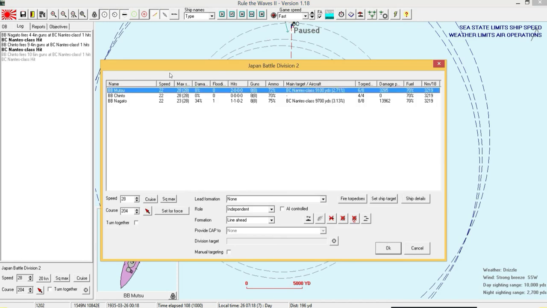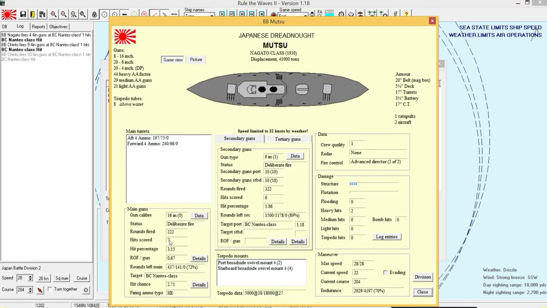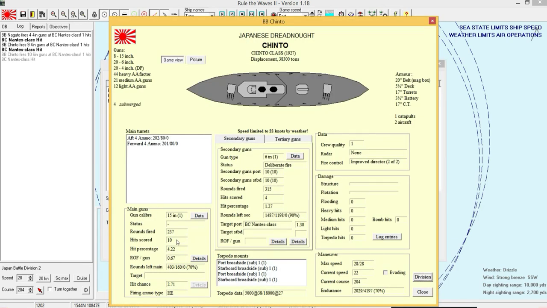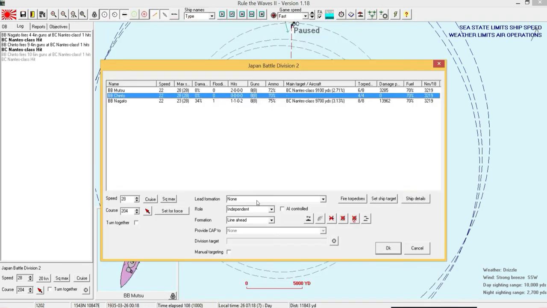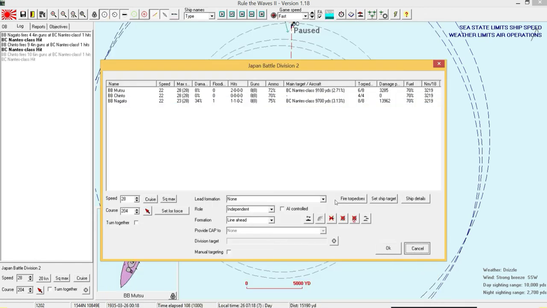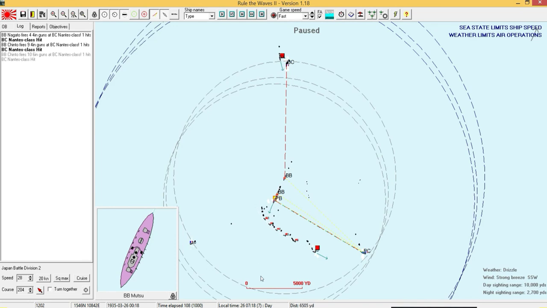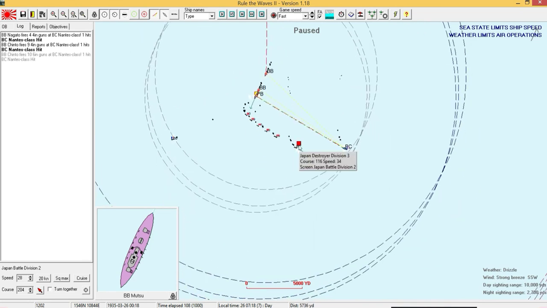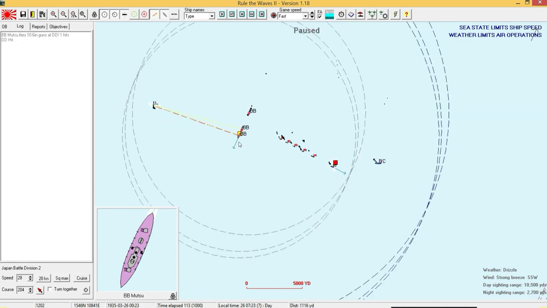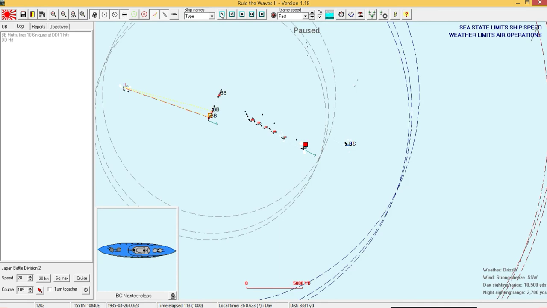How's my battleships getting on? So that's scored 7 hits, 7 16-inch hits, 10 15-inch hits, and 4 16-inch hits. Most of those are probably against his other ship, this one down here, but some of them will be against this one. That's doing 20 knots. Okay, let's...